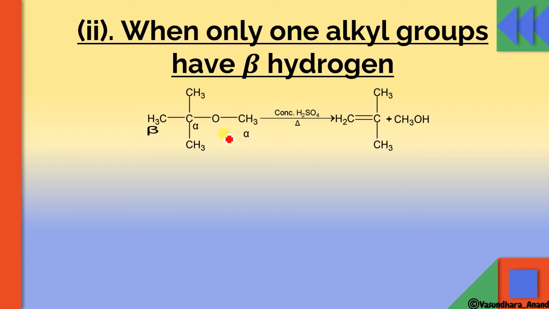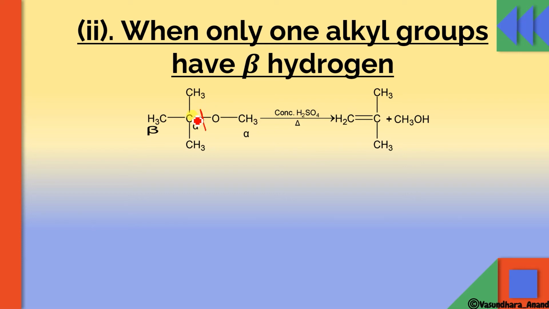Okay, and how the bond will break, I have told you that it will lead to formation of a tertiary carbocation, the carbocation which is more stable. So which bond will break? Either this bond or this bond. Obviously this bond will break, because on breaking this bond, it is going to lead to formation of the tertiary carbocation which is more stable.